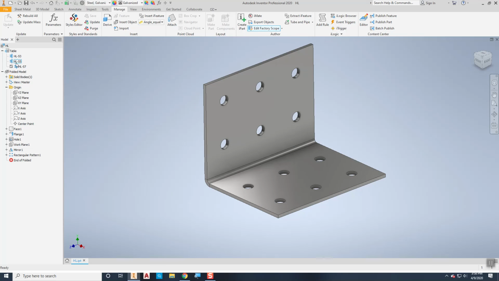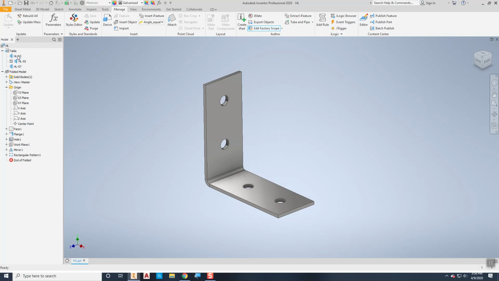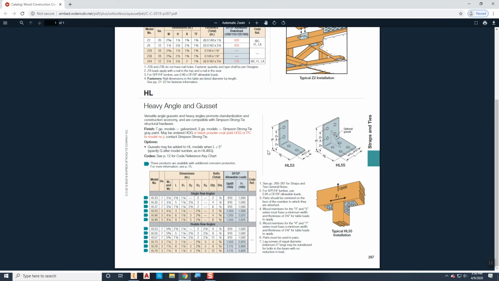And so now we go. So we got our one with 2 holes, 1 hole, and 3 holes. So we're all good to go there. So that's 53, 55, and 57. Now to finish out this part, what we want is we want to have 73, 76, and 79. Okay. So on those 3 now,